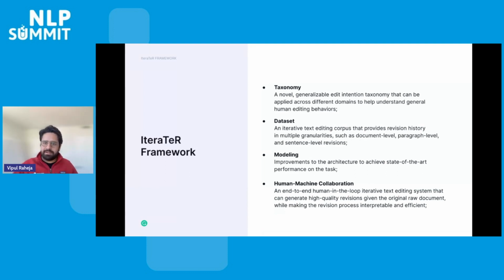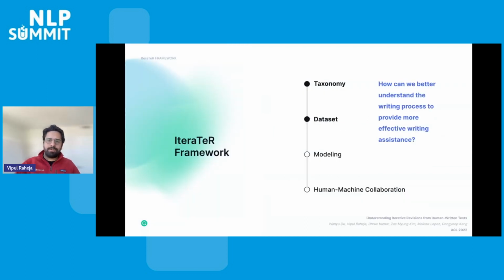and text generation techniques. And finally, we built a human-in-the-loop text editing system to make the revision process more interpretable and efficient. And by analyzing these edits made by our text editing models and comparing them against human editing patterns, we take a significant step in understanding and exposing the challenges to computationally model this whole process of iterative text revision. Therefore, the name Iterator. So as part of our focus on the first research question, which is understanding the writing